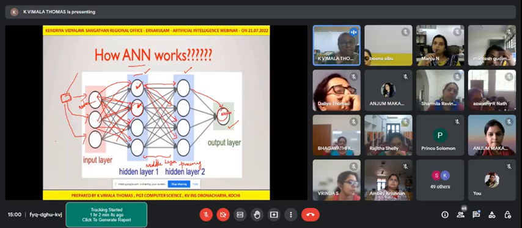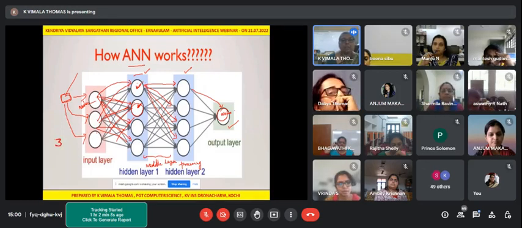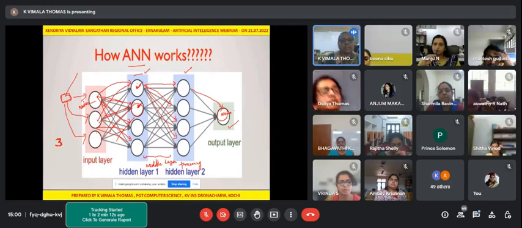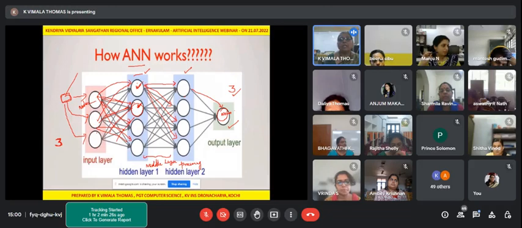So in your handwriting or in your sensing devices, suppose I am showing the picture of 3, I am drawing the 3. If it is accepted by the hidden layer, it will be accepted and processed and given to the other layer, the inner layer. If it is realized as 3, this is good. That is a correct AI model that you have developed, a perfect AI model.